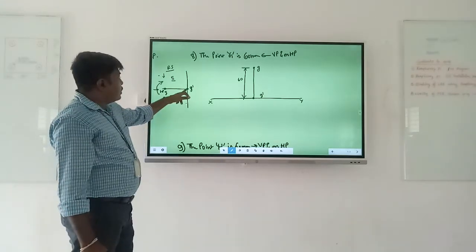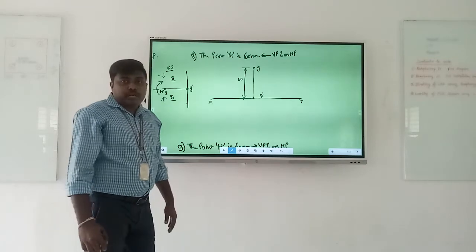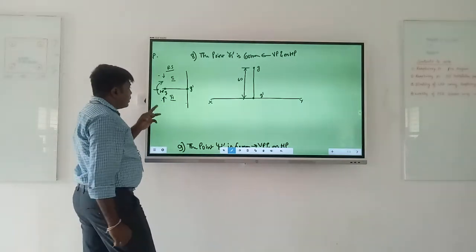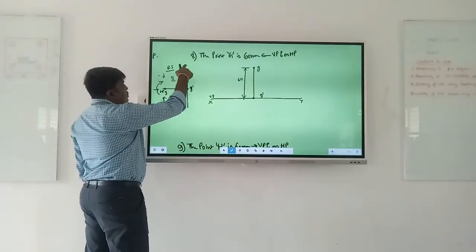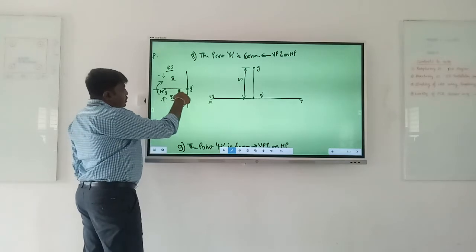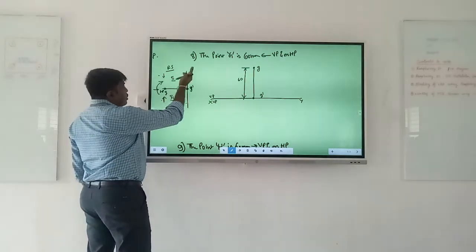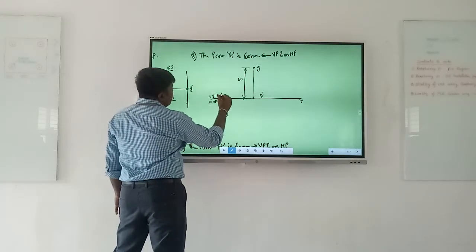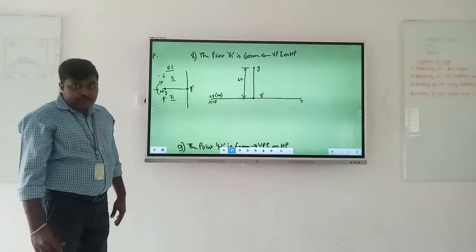Okay, G dash point is on the origin. G point, when I rotate clockwise 90 degree, it will go above the line. So that is your point G. So how will we write VP here? For second quadrant, VP is above the line, so write VP above the line. For third quadrant, VP is below the line, write VP below the line. Whereas HP, when I rotate clockwise 90 degree, it will by default go above the line, so write HP above the line like this.